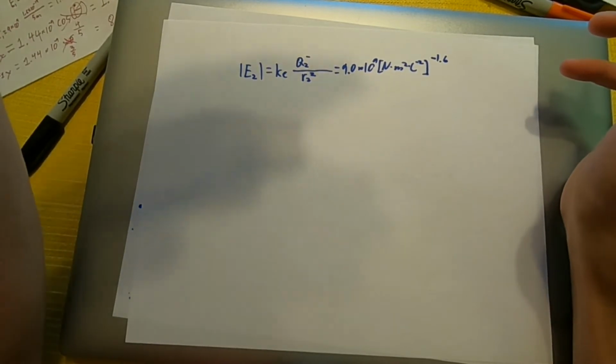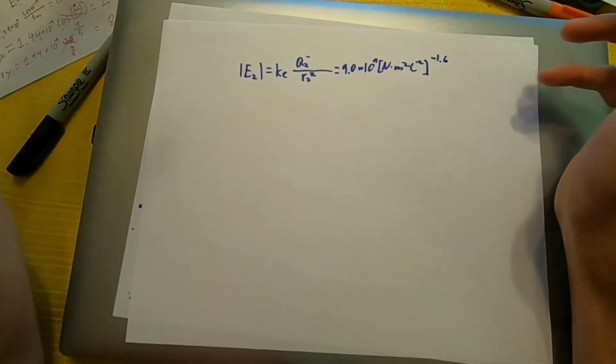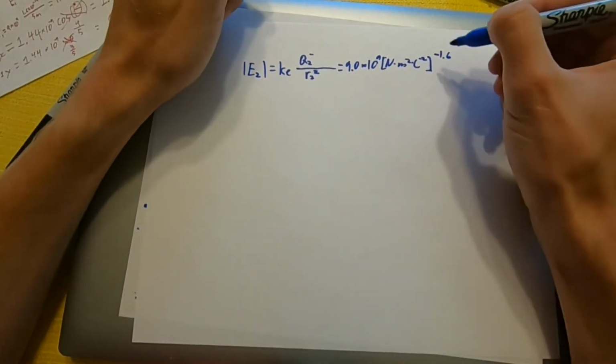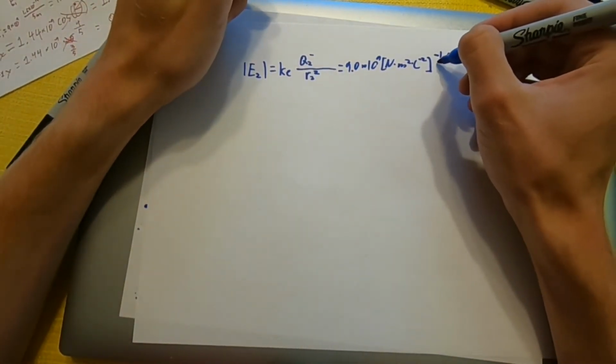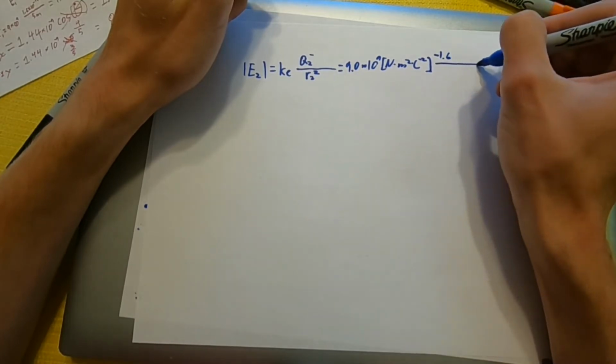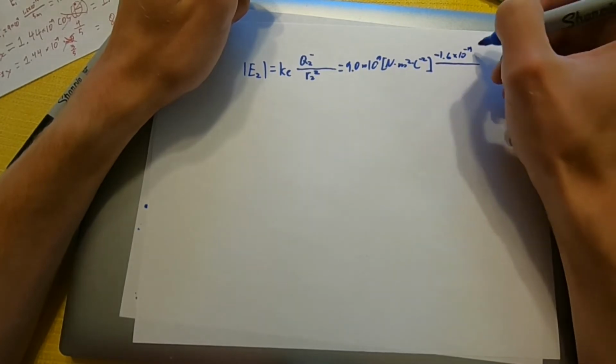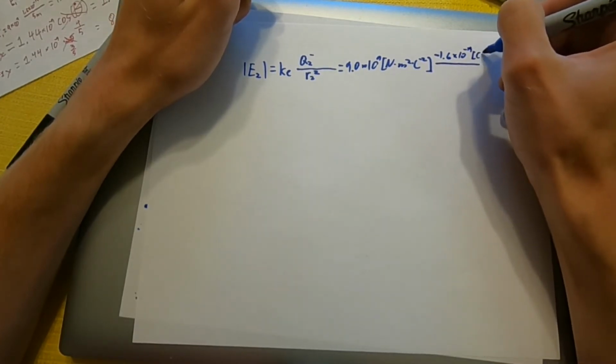We have to take into account whether or not we're dealing with a positive charge, in which case the charge is going to be positive, or if we're dealing with a negative charge here, in which case this charge is going to be negative. So we have our negative 1.6 times 10 to the negative 19th coulombs,